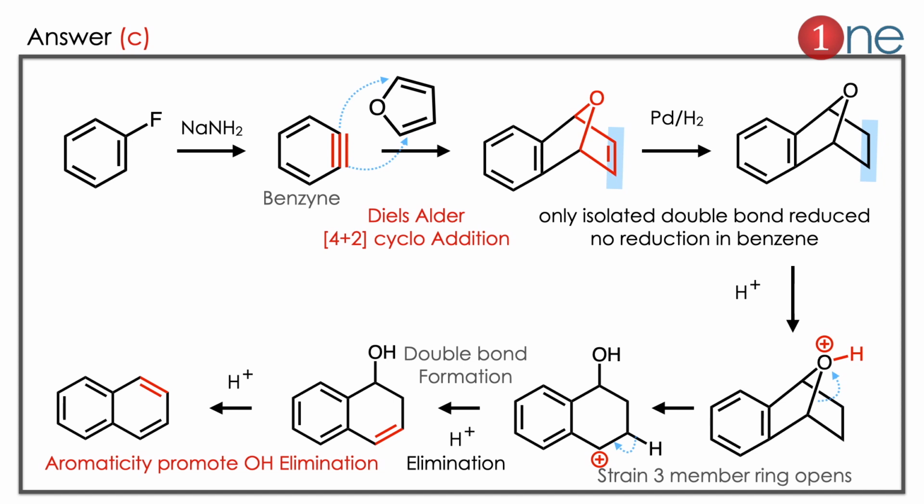In the next step, the acid also attacks there, and water elimination occurs. Again you have aromaticity. The last two steps are driven by aromaticity. That's why the water elimination and hydrogen elimination occur. Here you have to learn 2 things. One, if you have haloarenes, you have the benzyne intermediate with sodamide. Second, palladium and hydrogen is an important reducing agent. It only reduces the isolated double bond, not the benzene double bonds.